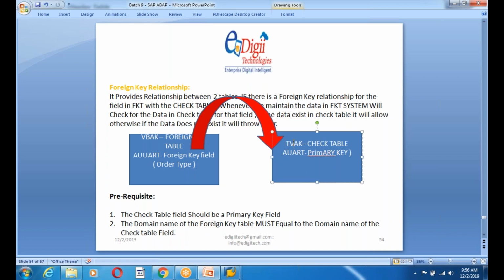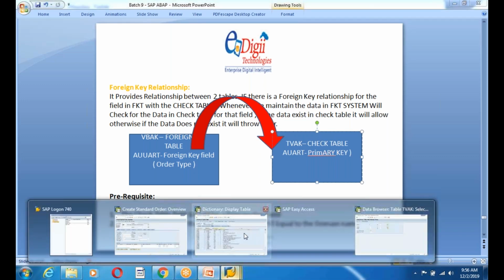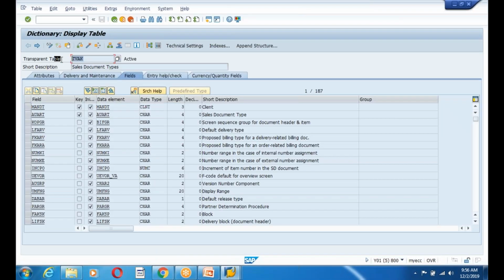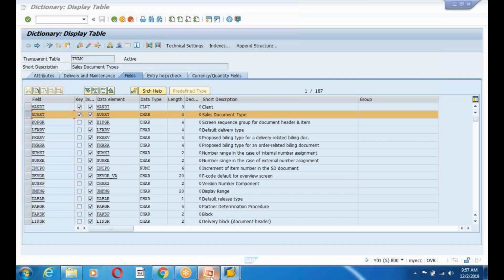Yes, TVAK is the check table, the field is AUART. The check table is TVAK, the field is AUART, and it is a primary key field. So this condition is met, right?